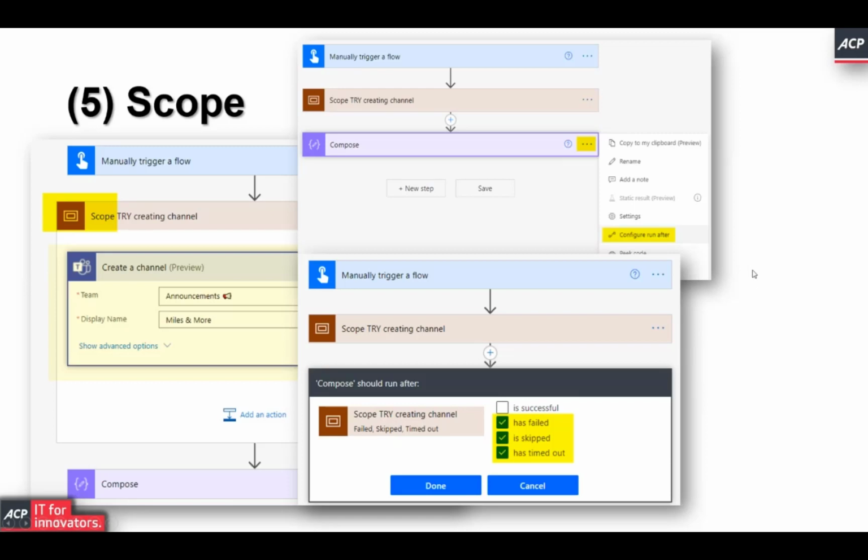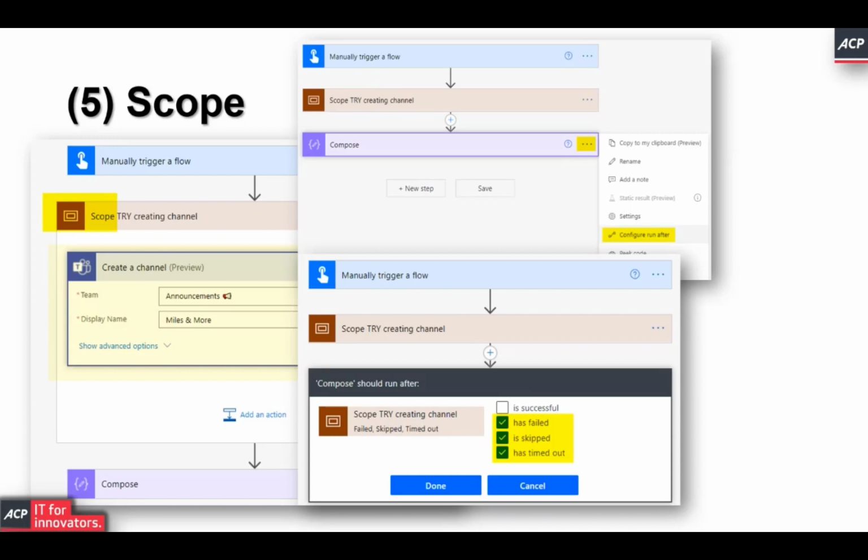But make sure that you don't cover your flow in just a bunch of scope connectors, because scope usually does is just a combination of and or connections that you can do, and it can be pretty hard to keep track of what you've tried to avoid or what you've tried to put in place after each of the activities. So my tip would be just use it in cases where you know that there is a good chance that things might blow. That would be the first use of scope.